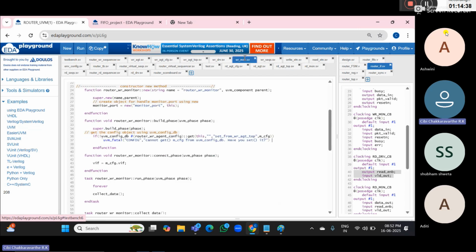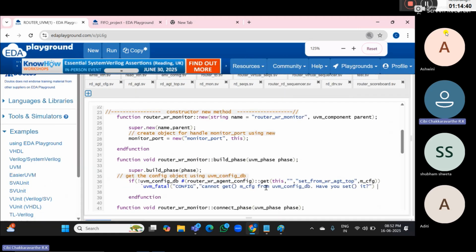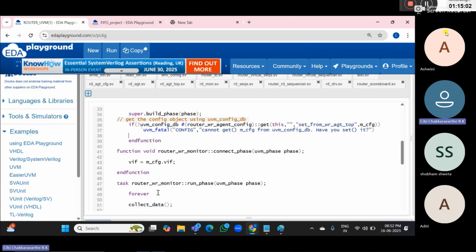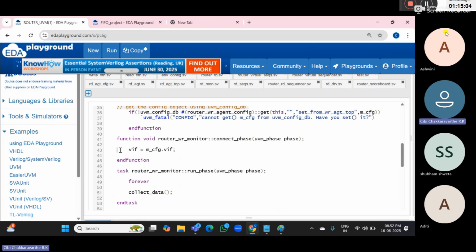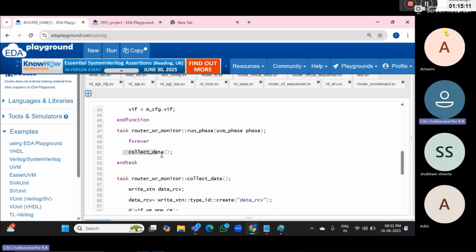when it comes to this block, we are just getting it here. Note this 36th line and note this particular sentence. We are just getting that configuration because we have a block there. We need to access what the members inside that are. We need just the access. So we are getting that from the configuration router, for agent configuration. And then as usual we are initializing our virtual interface with the configuration interface,